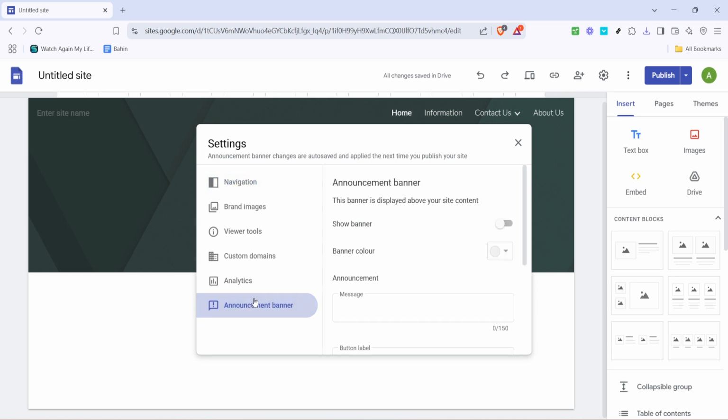it. With the announcement banner settings screen open, you'll notice there's an option labeled Show Banner. You'll want to click on this toggle to enable or display the banner on your site, making sure that it appears at the top where visitors can easily see it. This step is crucial because if the banner isn't activated, no one will see all the hard work you're about